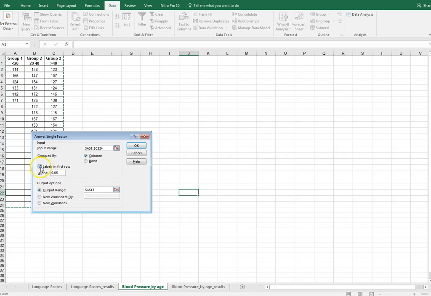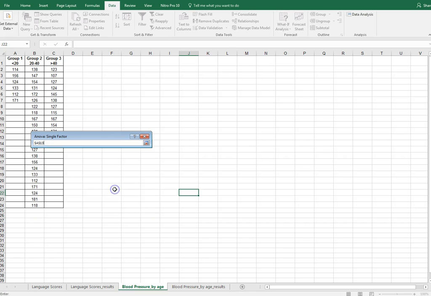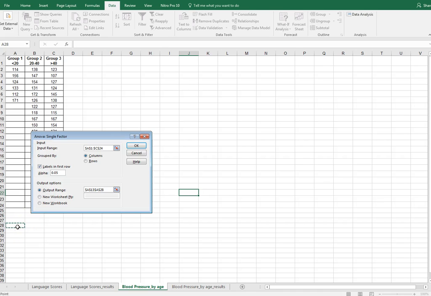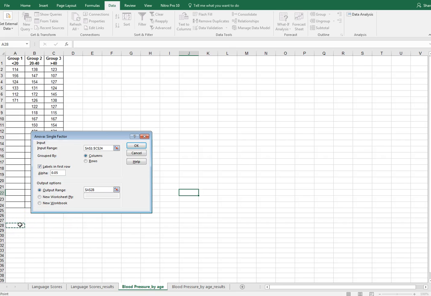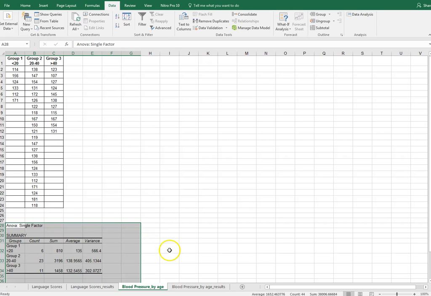I did select those labels, and I'm okay with that significance level. But it's remembering the output range I used last time, which in this case would actually override some of my data. So I need to adjust this. Click OK. Oh, and it put both of those in there, so let me delete that. Sometimes something like that happens, that's why I always double check it. All right, so let me double check everything, and it looks good, so I will click OK, and I get